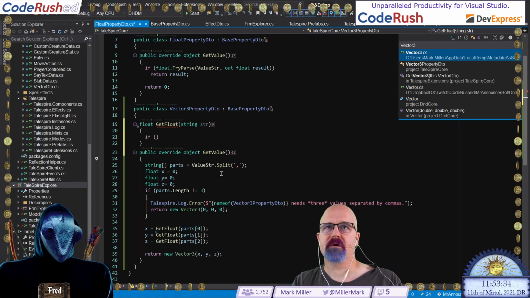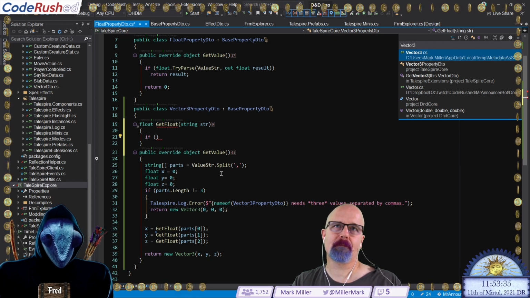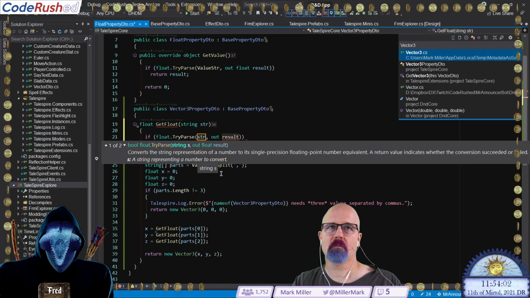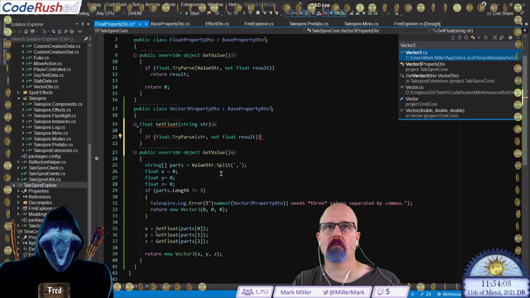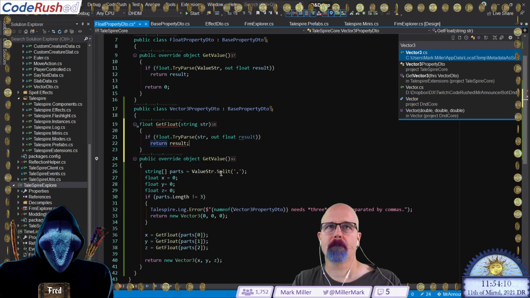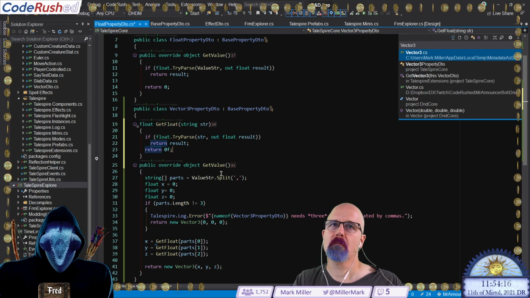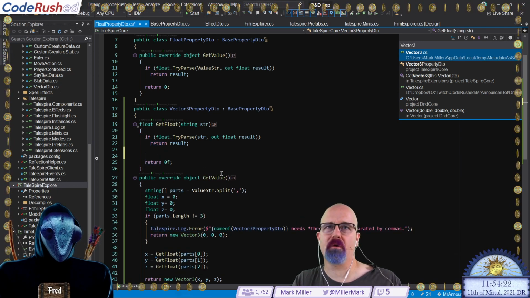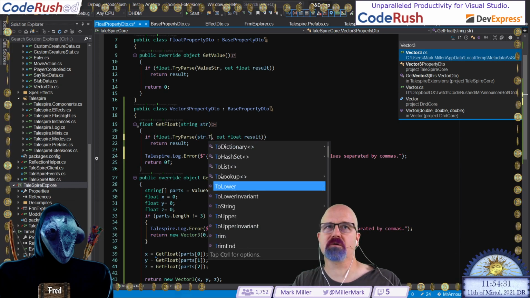And if it parses, we return the value, otherwise we return 0, and I'm going to put another log in there that we're going to say unable to convert. Let's do this .trim.